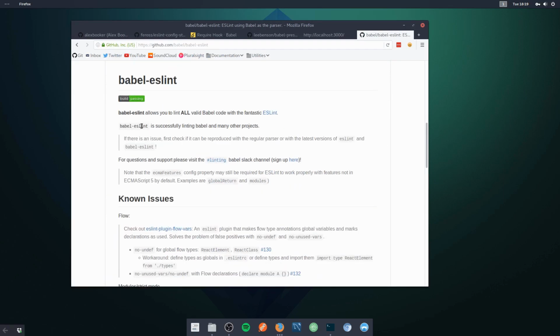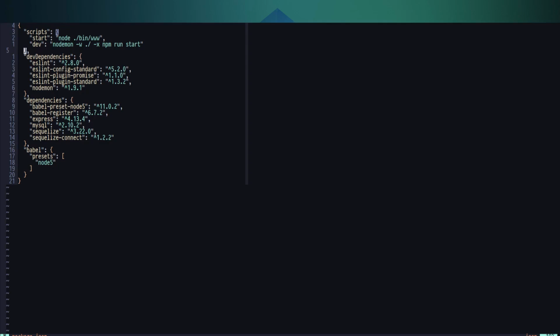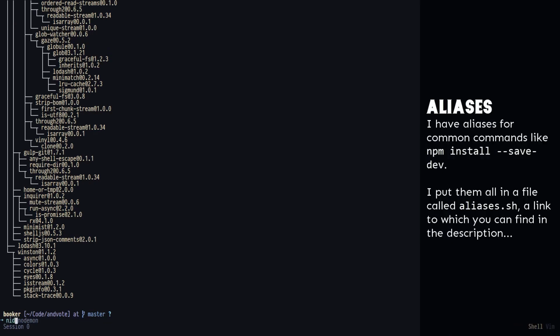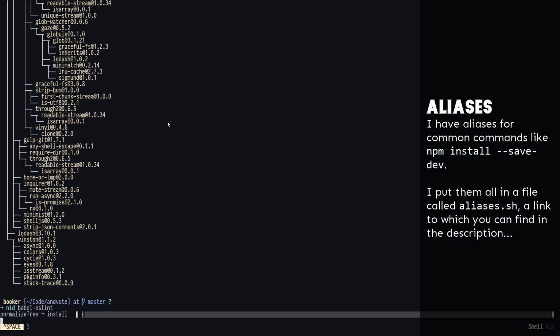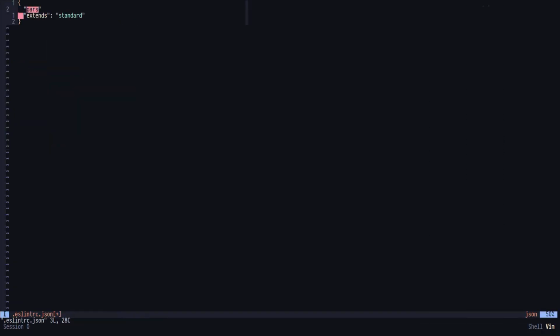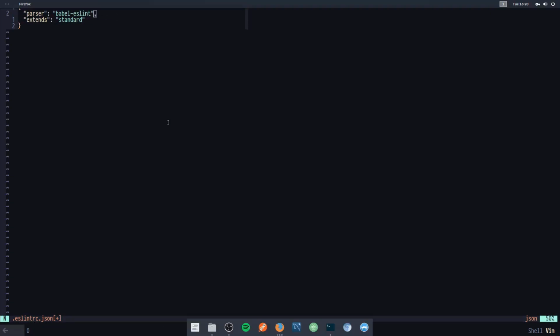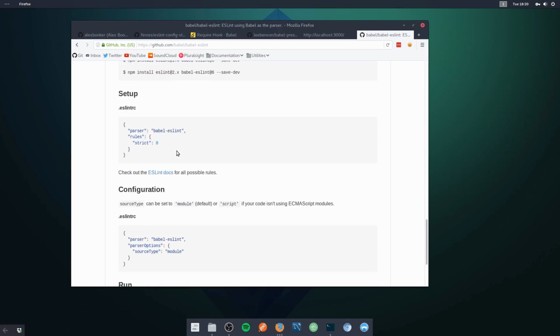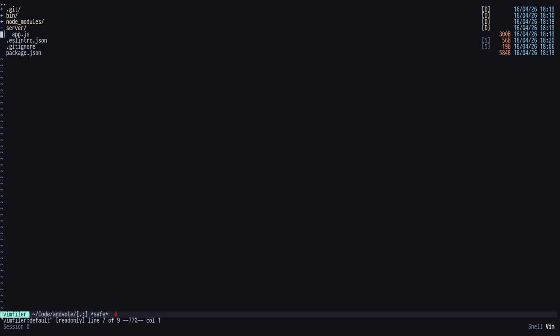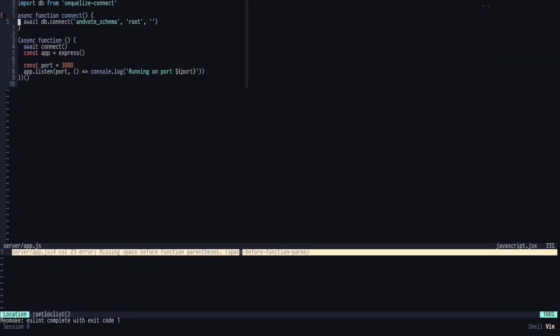We'll take the package name. Oh, it's just easier to type it. So we'll say nid, that means npm install dev, by the way, babel-eslint. And then we go to the ESLint config file, and I think all we have to do is specify a parser field and set it to babel-eslint. I'm not positive that's correct, just while that's installing. Yeah, let me just see and make sure it's correct. It is. So hopefully now if I go back to that file, app.js, and resave it, ESLint will kick in,